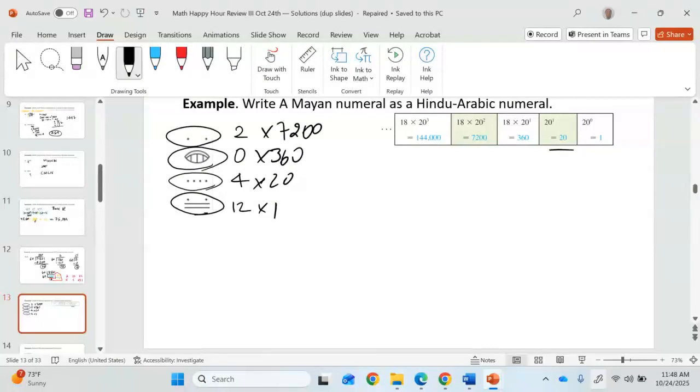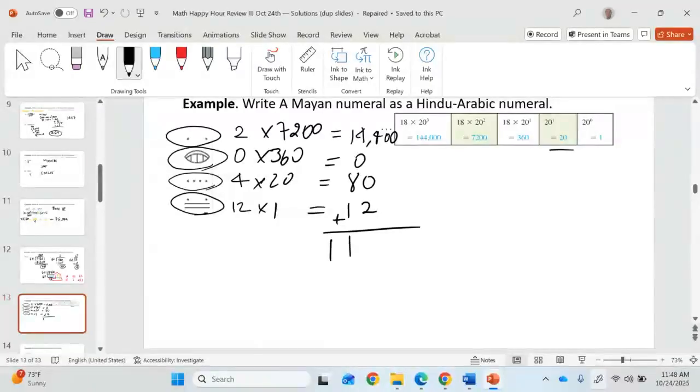And I don't have any more symbols. If I did, then I would use the next place value. Okay, so let's do all of our multiplications. This is 1280, 0, and then 7,200 multiplied by 2, that is 4,400. Finally, we add all of these numbers, and our final answer will be 4,492. So these symbols in Mayan represent the number